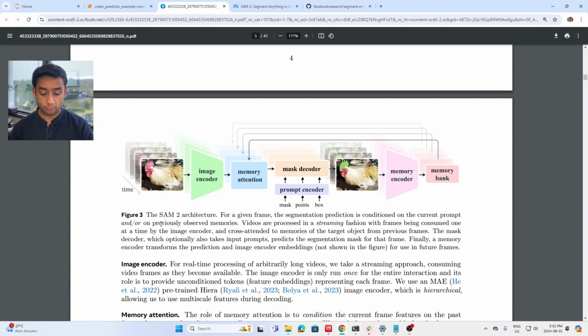But along with that, the best part is that it is also going to look at the previously observed memories. This is the main advantage of SAM2 over the first version of SAM, which was released last year. Not only is it going to segment the objects as per the current frame and the current prompt, it is also going to keep a memory of what has happened before, and that is how it's able to track